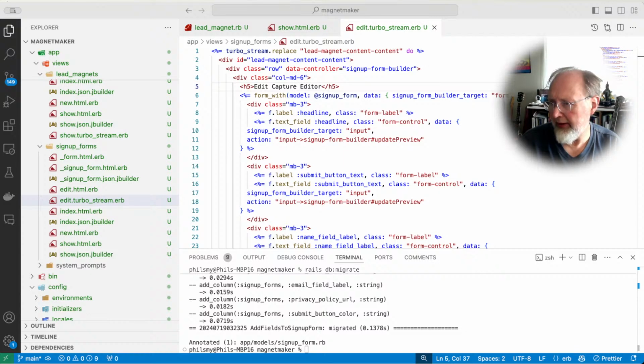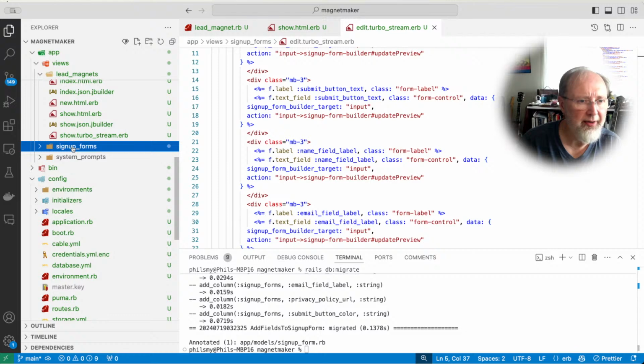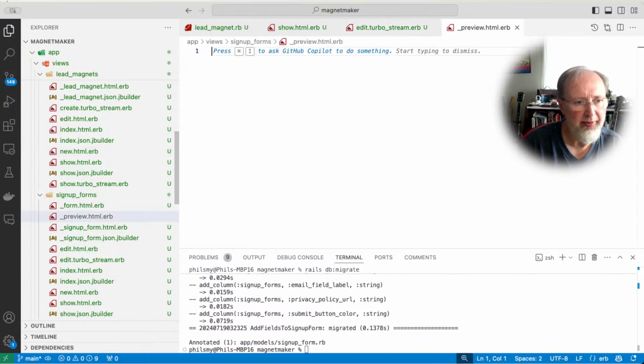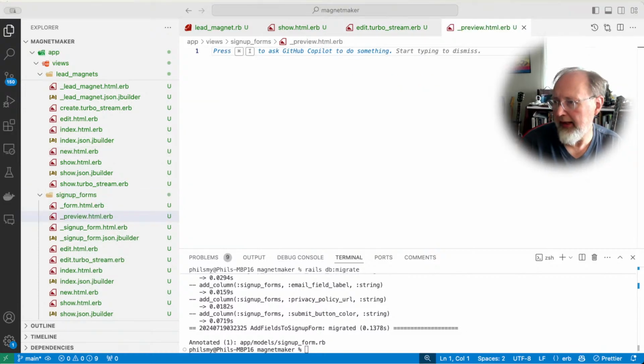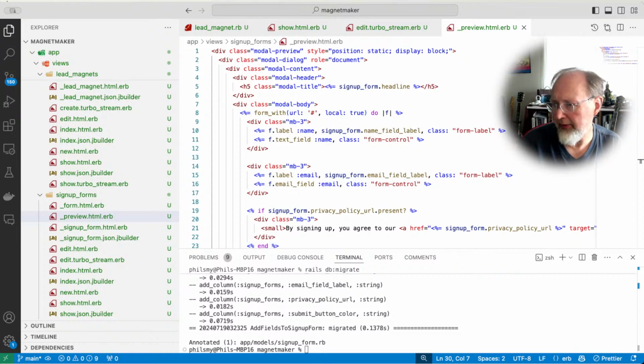But let's see what we can do without that for now. And we want to have that right-hand side, which was the preview, which I thought was kind of really cool. I've never done that kind of hot preview before. So I'm going to create a new view in here called _preview.html.erb. And that's going to be kind of a funky representation of our form. Now let's see what we got. So we got that, got the preview,